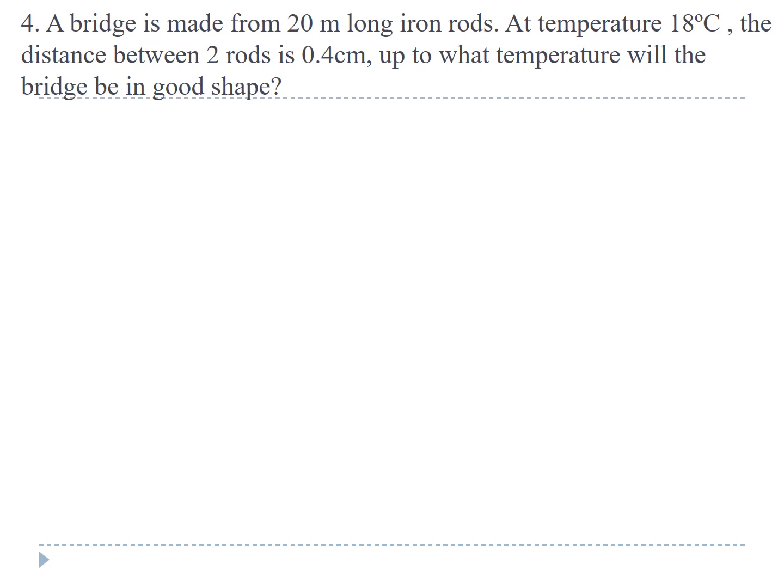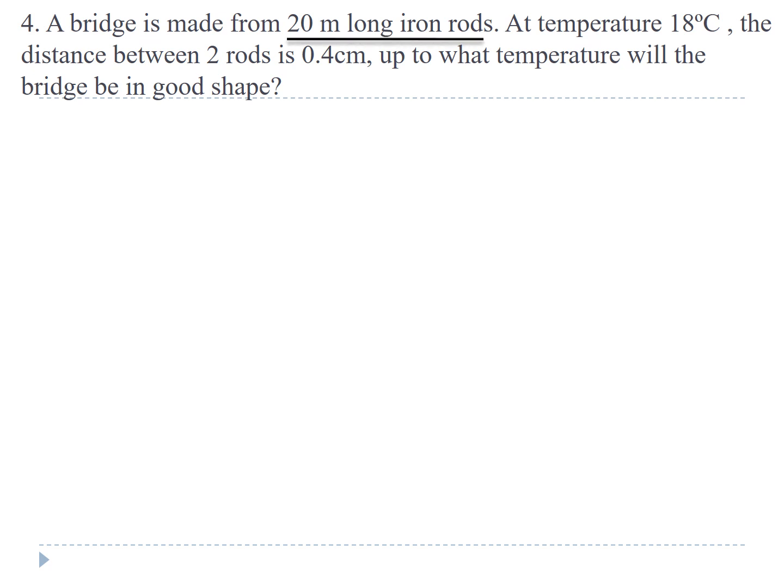So they have first given me the bridge length, that is 20 meter, and they are telling that at 18 degrees Celsius the distance is 0.4 centimeter. What will be the temperature till when the bridge will be in good shape? Okay, so